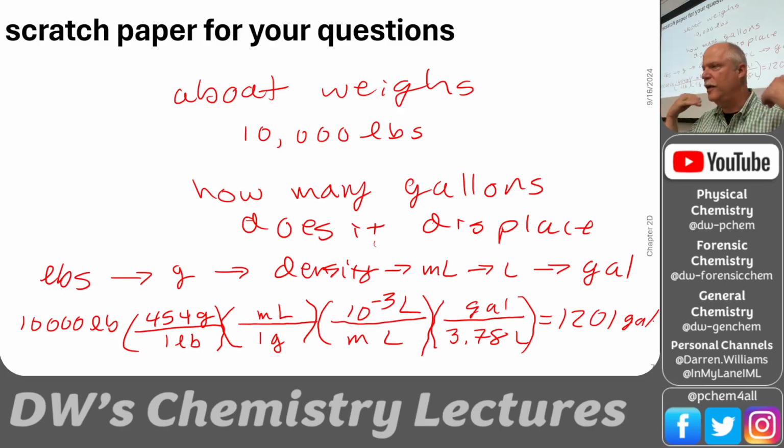So that's how using density as a conversion factor works. All we did was convert units. We just converted pounds to gallons of water, and we had to use the density because whenever you're going from a mass to a volume, you need to know the density of the substance. Yes. And then, for the 10.3,